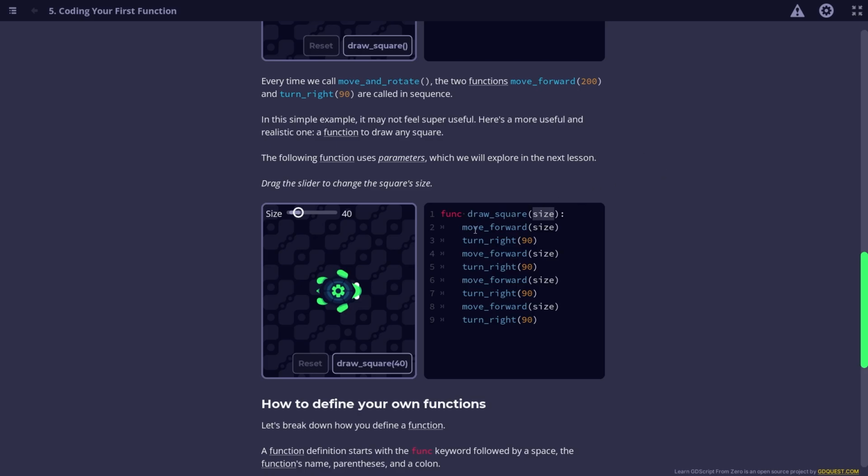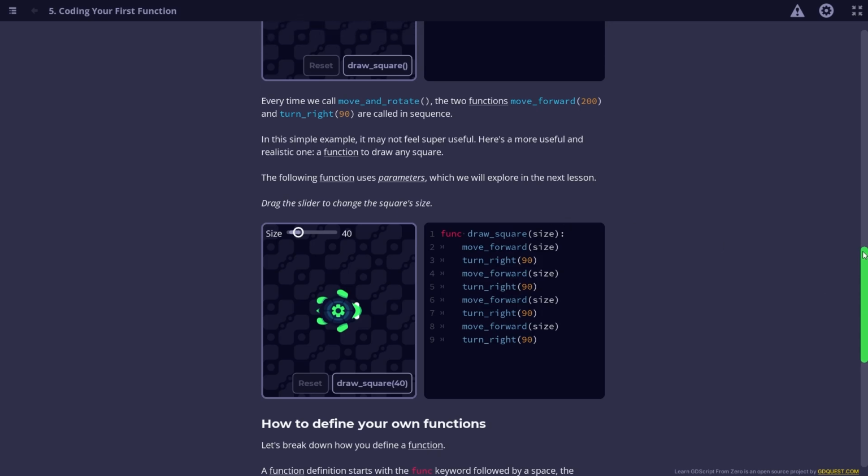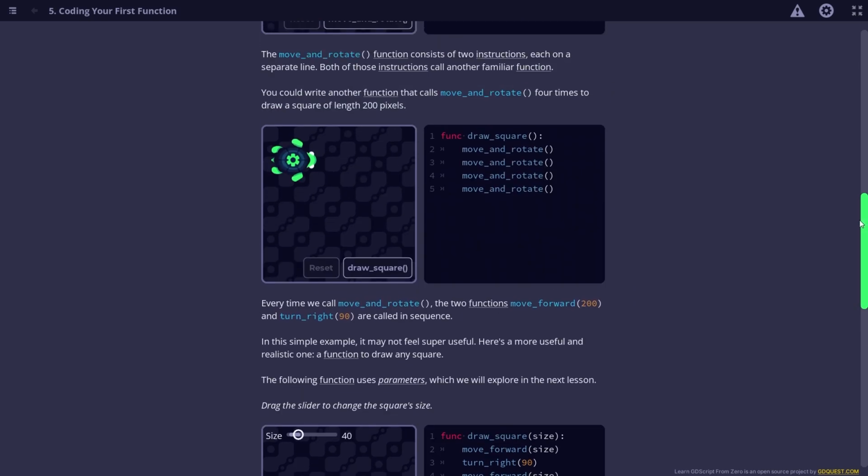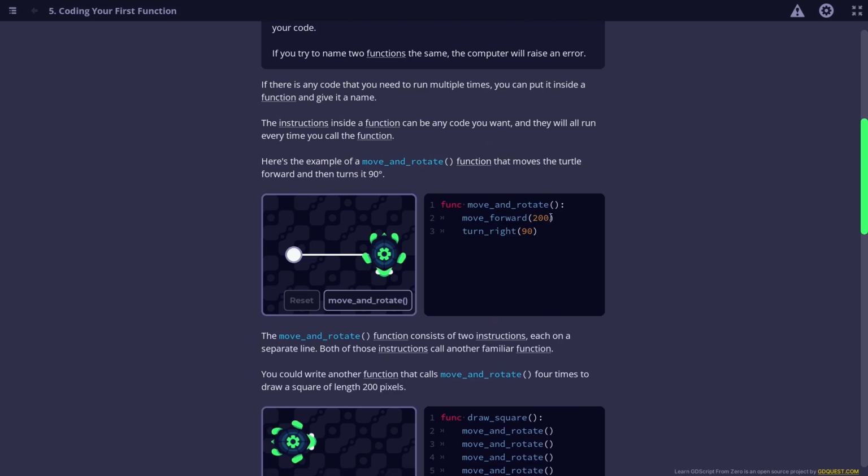When it's inside of a function declaration, like this function definition right here, this thing is called a parameter. When it's being called somewhere else, like here, because this is the function move forward being called,